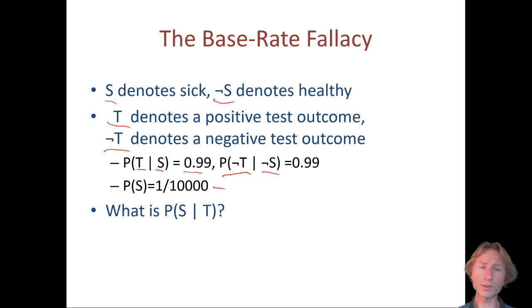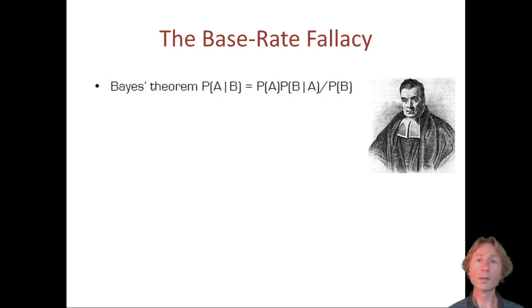that I tested positively? Okay, so we don't want this one. We don't want the probability of testing positively when we're sick. We want the probability of being sick when we test positively. Now, we know how to calculate this. For calculating such conditional probabilities, we use Bayes' theorem. So Bayes, and you see the chap here, was